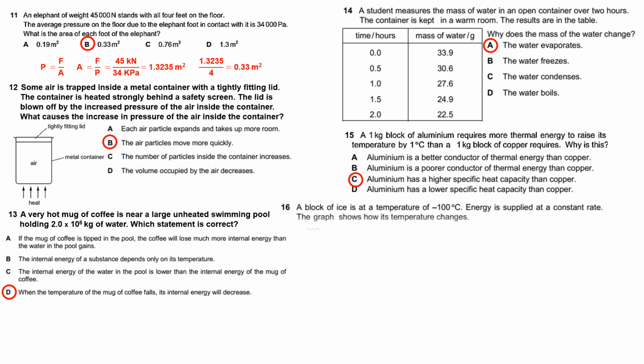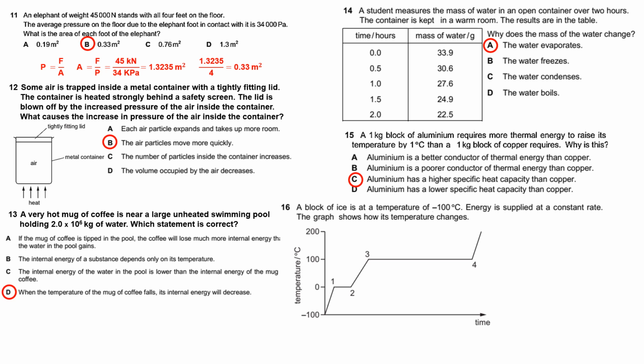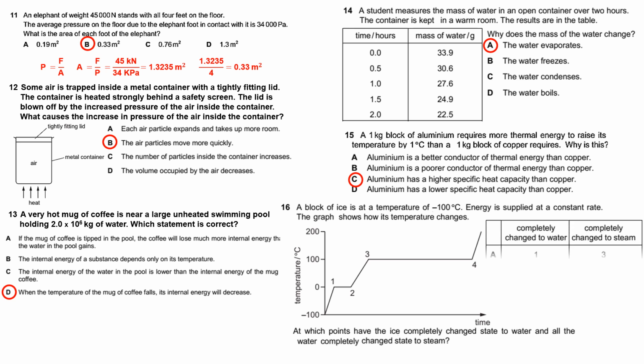Question 16. A block of ice is at a temperature of minus 100 Celsius degrees. Energy is supplied at a constant rate. The graph shows how its temperature changes. At which point has the ice completely changed in state to water and all the water completely changed state to steam? When a block of ice at minus 100 Celsius degrees is heated, it undergoes several phase changes until it